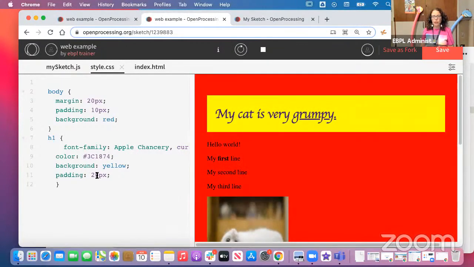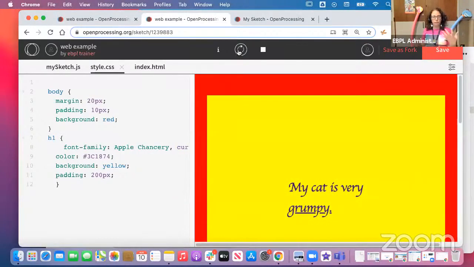So this is 20 pixels, which is the space here that wraps the word, or I can change it to 200 and it's much bigger, see? It's the space that wraps the word. That's the padding. So I'm going to change it now to 20. And let's